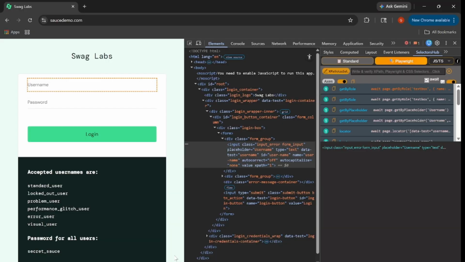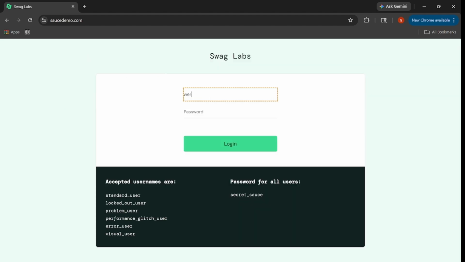Now, why am I saying this? If you want to take the screenshot of a particular failure, for example, let me close it. I just provided some random username and random password and then performed the login. Here my username and password are wrong, obviously, that's why I'm getting this error. Now I want to capture the screenshot of this. For example, I write a script to enter the username, fill the password, and then perform the click action on the login button. But once I perform the click action, I am able to see this error message. I want to capture this error message.